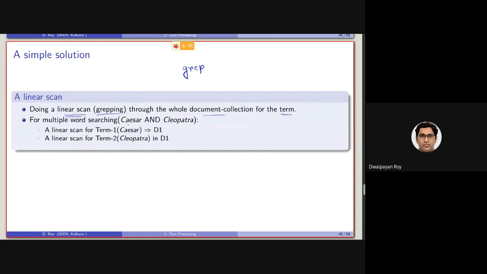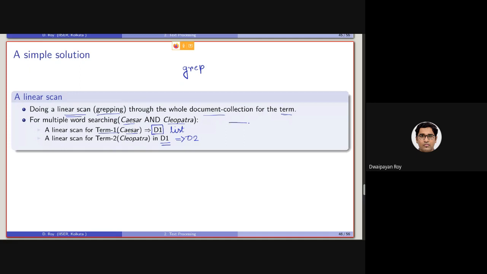In case it is a multi-term query like Caesar and Cleopatra, we will perform a linear scan for term 1, that is Caesar. We will end up with a list of documents, say D1. Then we will perform another grep, or another linear scan, on this D1 to get a list of documents, say D2, containing term 2, or the term Cleopatra.